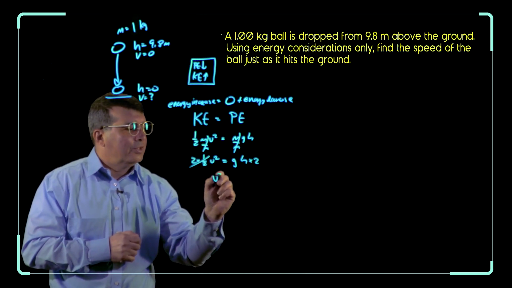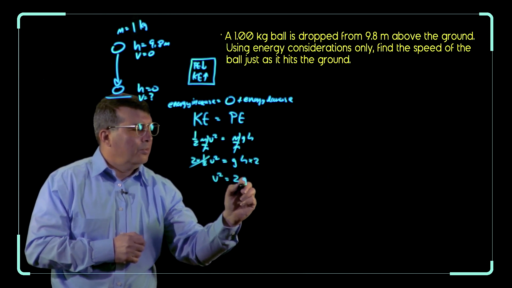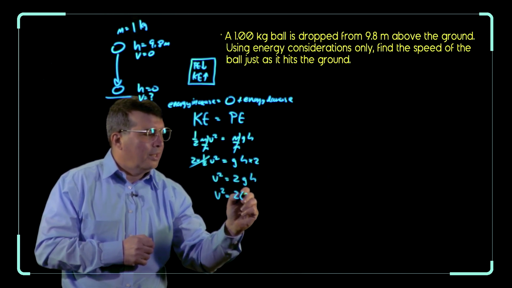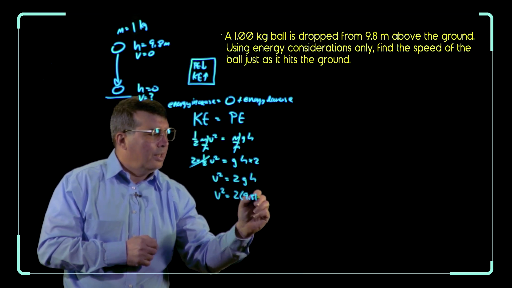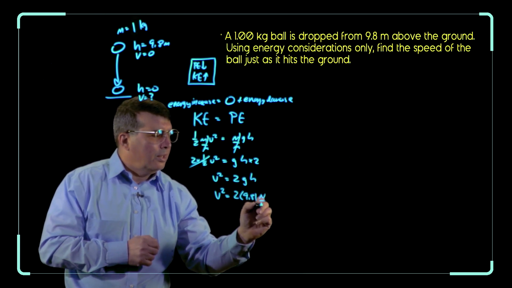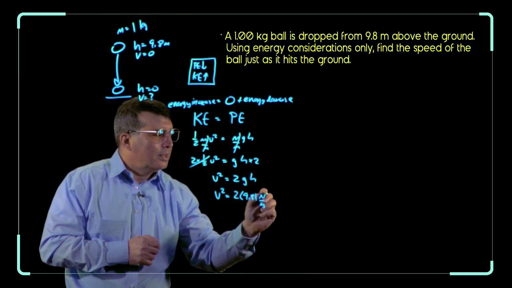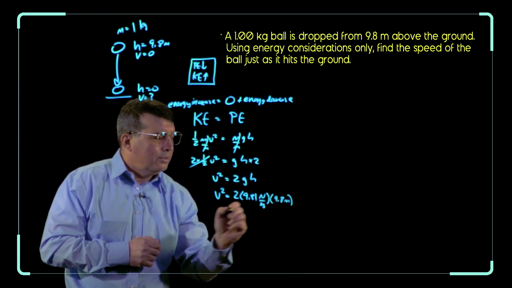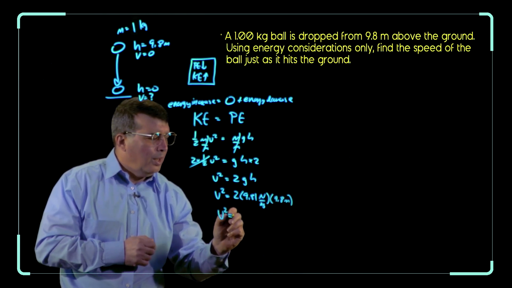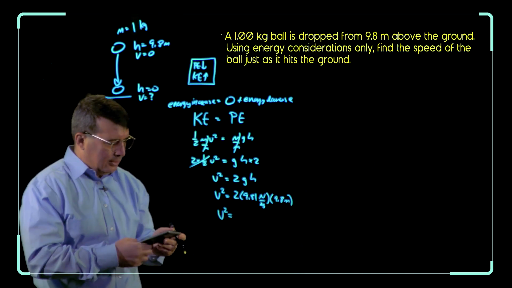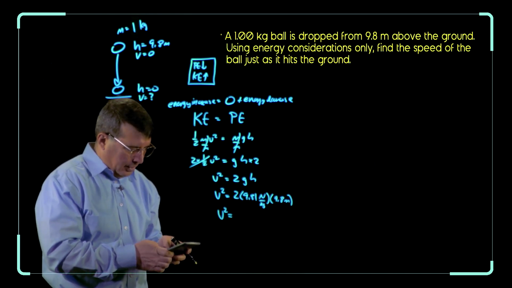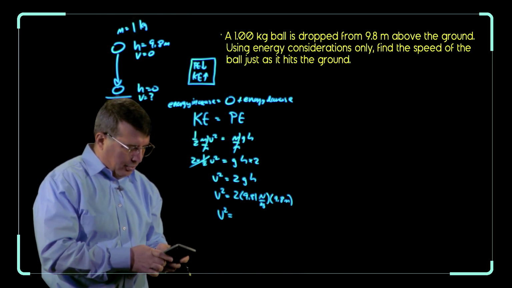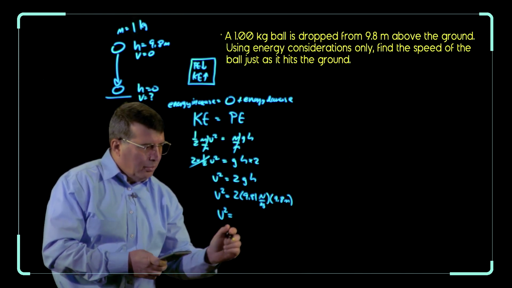So I have v squared is equal to 2 times g times height, or v squared is 2 times 9.81 newtons per kilogram times a height of 9.8 meters. So v squared is 2 times 9.81 times 9.8, and that gives me